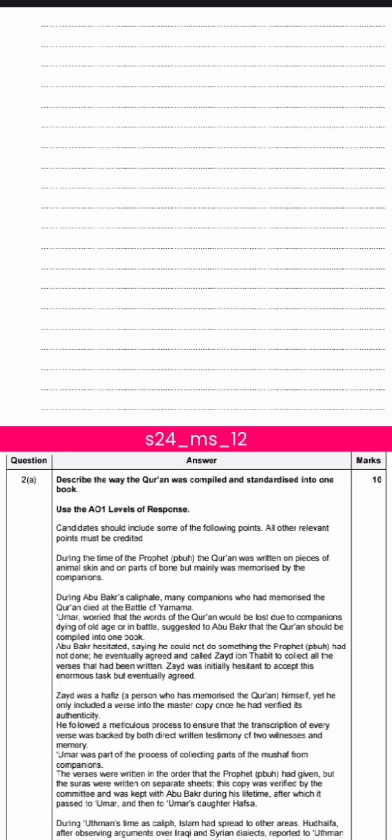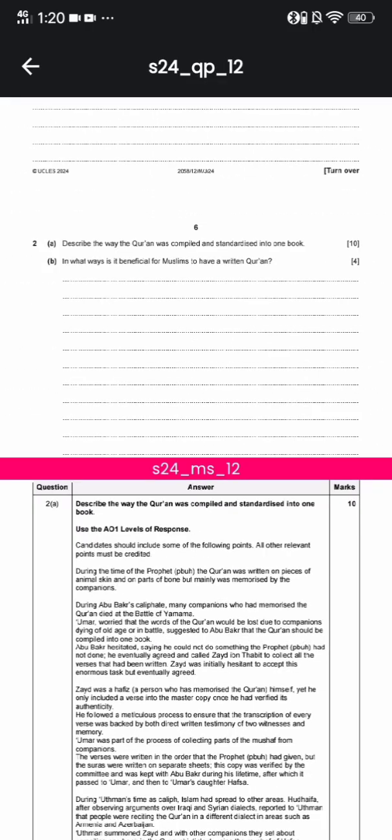Another point that could help you would be that rather than reading books about the topics, you should read the marking schemes, because in books they are telling you what actually happened. Like if you read a book about the Battle of Badr, they would tell you the whole story of what happened. But when you are reading the marking scheme and the past papers, they'll tell you that if a question comes on the Battle of Badr, what will the examiner ask? What will they look for in your answer?